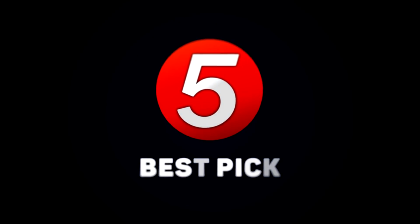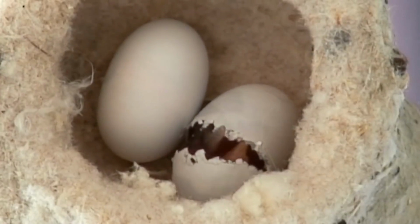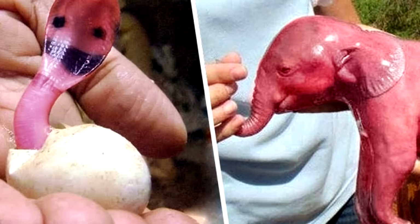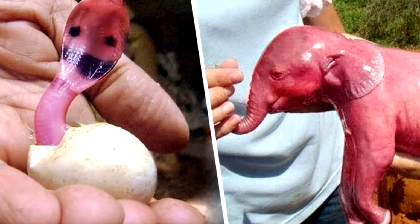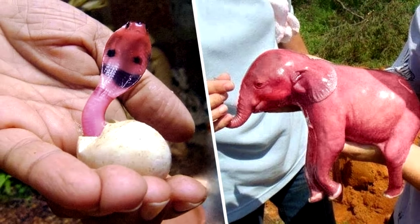Now it's time for the day's best pick. We've seen a lot of animals today, but the ones I have at the top of the list have some fascinating facts. The pictures I chose for today show these 2 animals, but do they really look like that when they're newborns? Well, let's find out with